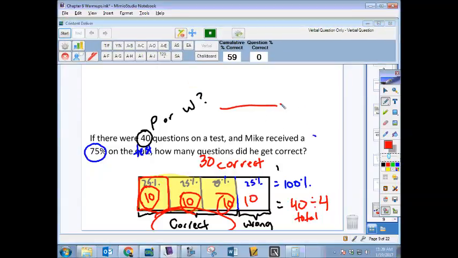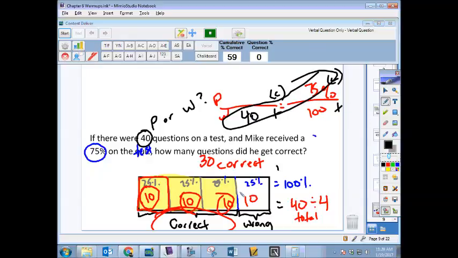Now let's check with a proportion here real quick. Part over whole equals percent over 100. I put 75 there. What is the label I would put with 75%? How much you got correct? Correct. Total. So is 40 the amount you got correct, or is that the total amount? Yep. The total. 40 times 75 is going to be 30,000, I think. Yep. And then 30,000 divided by 100